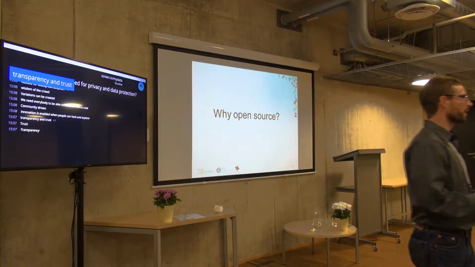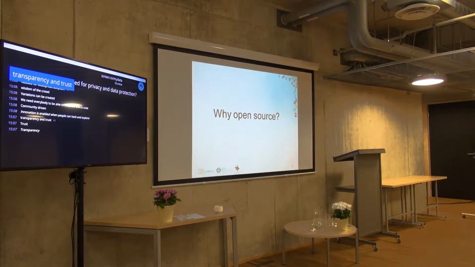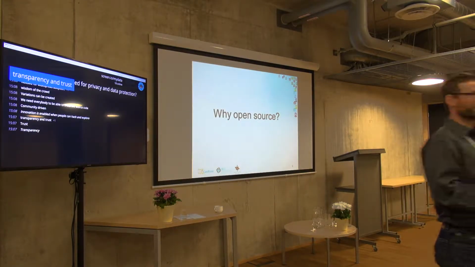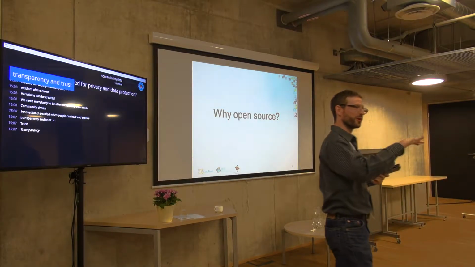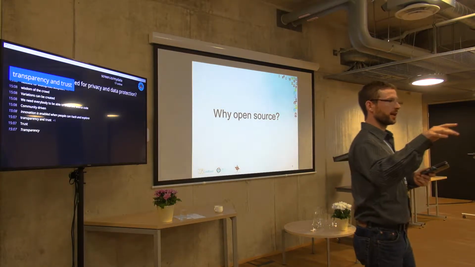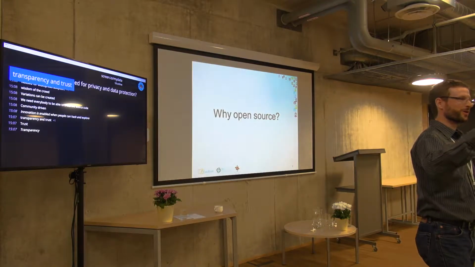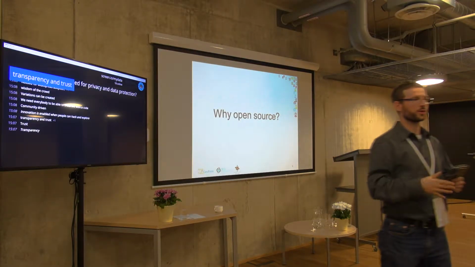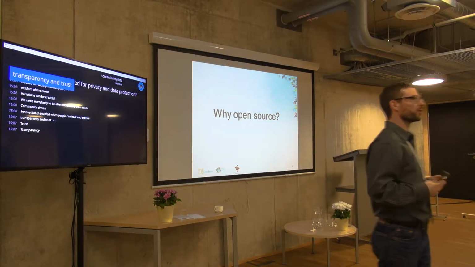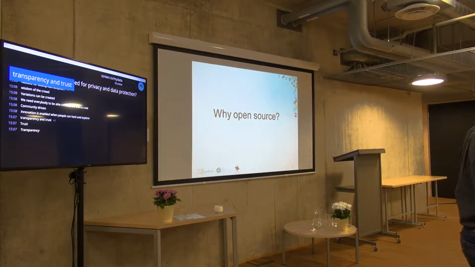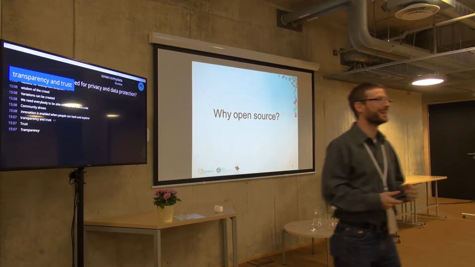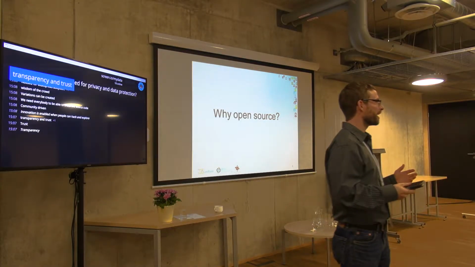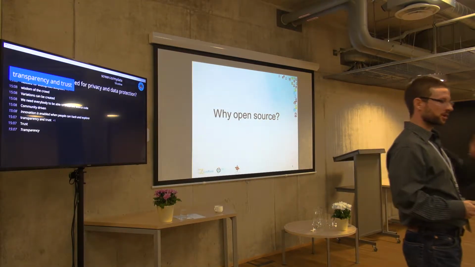How many of you have WhatsApp installed on your phone? Yeah, many of you. How many of you have an open source messaging app installed on their phone? Some of you. I think it was Pernille last year during her talk, suggested Wire as an open source messaging app. I went and downloaded it. I've been trying to convince all my family and friends to use it, and I've been pretty successful in that. So I try to use that as much as possible.